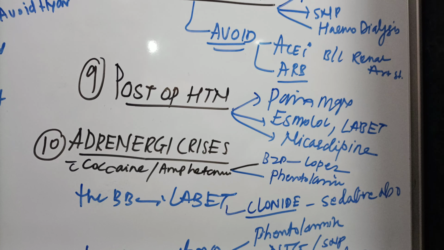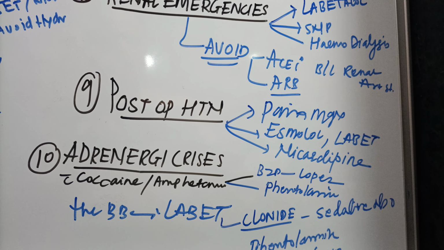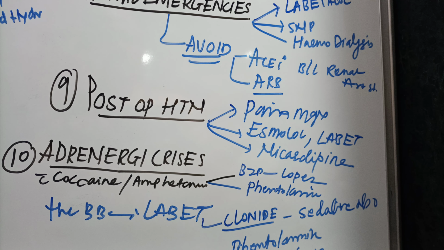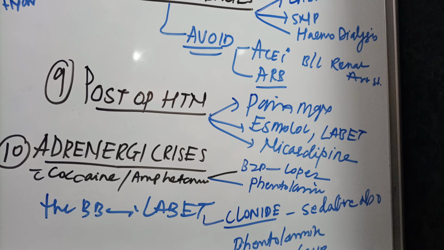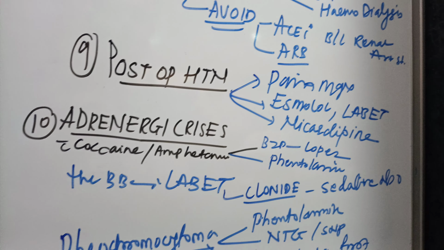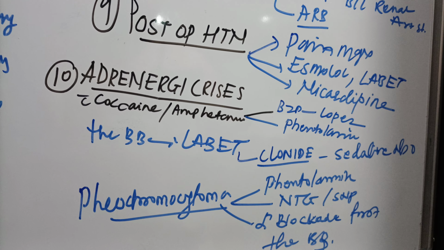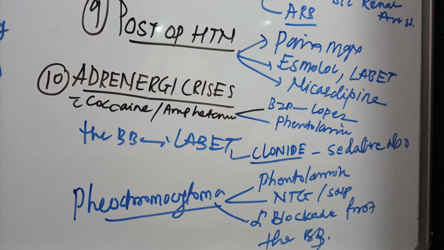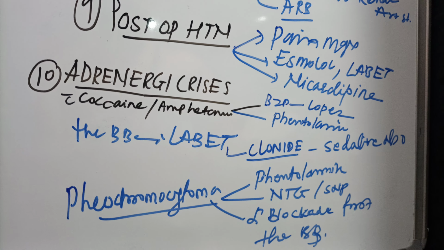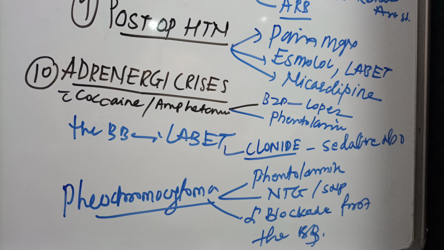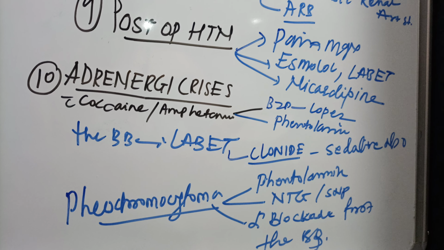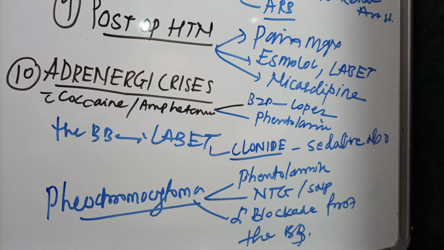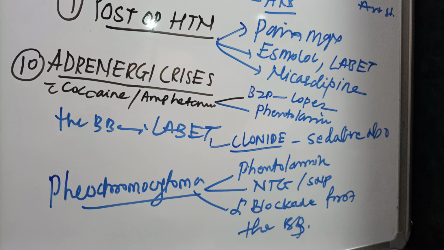Post-operative hypertension most commonly can be because of pain, so better to manage pain. A short-acting beta blocker like esmolol can be used. If not controlled, then labetalol, nicardipine, etc. In adrenergic crisis because of cocaine or amphetamines, we must sedate the patient with Lorazepam or some other benzodiazepine. Then phentolamine can be used. Clonidine, if we are using it, has a sedative effect, so it is an additional effect for clonidine.